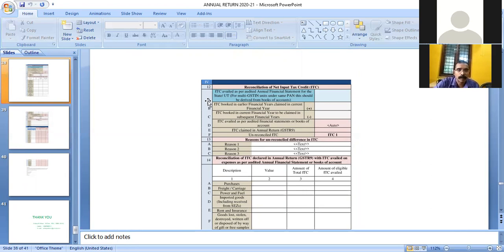It is table number 12. Table number 12 is ITC arranged as per audited annual financial statements for the state or union territory.